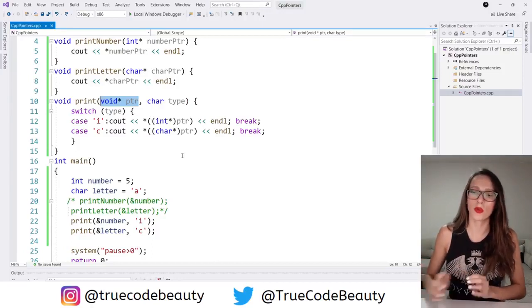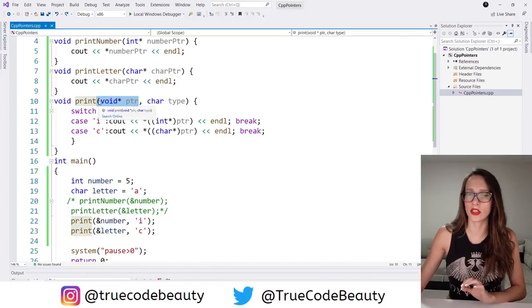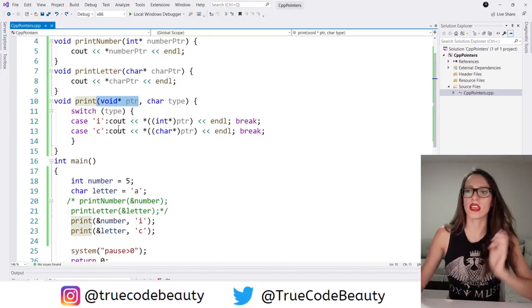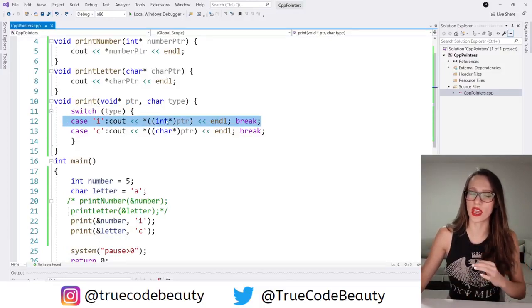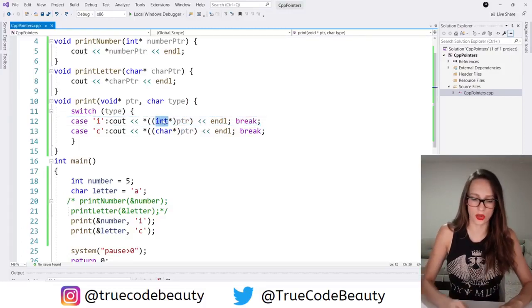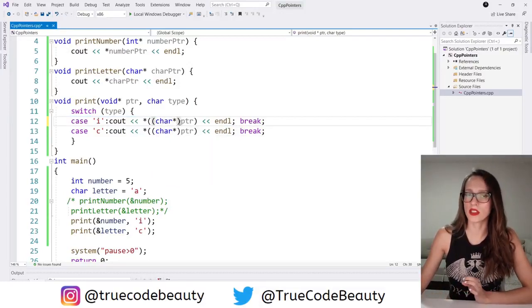any other data type. For example, in this particular situation, here we are passing an integer. So this number here is an integer, which means that for this line of code, we are receiving an integer pointer. Okay, and then in this case here, we are trying to cast that into an integer pointer, and that is okay. But if we accidentally make a mistake here and we try to cast that into a character pointer, for example, like this, our compiler now does not have a way to know that we are making a mistake here. And if we run our program,